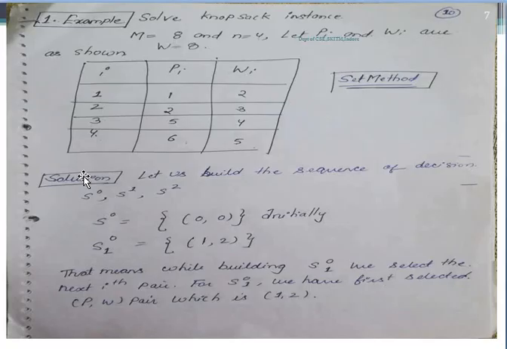If we check the 2 comma 3, at last the fourth object that we had considered with us, as well as we are taking the second object. So our solution is like this: the first object we are not carrying with us, the second object, the whole object, we are taking with us, the third object we are not taking with us, and at last the fourth object we are carrying with us. So the final solution for the problem is 0 1 0 1.